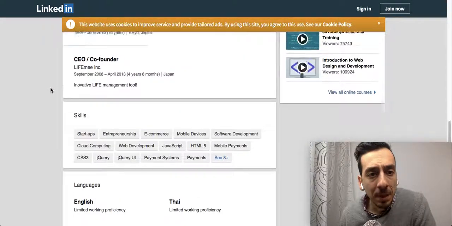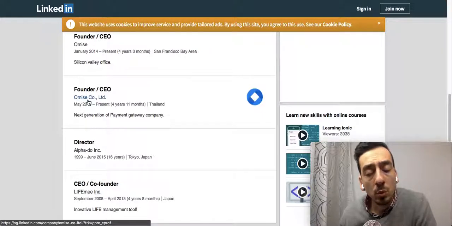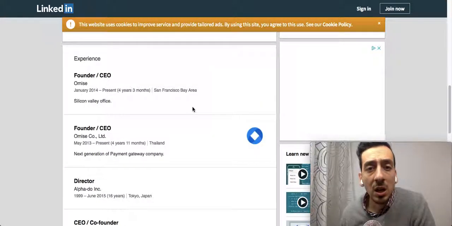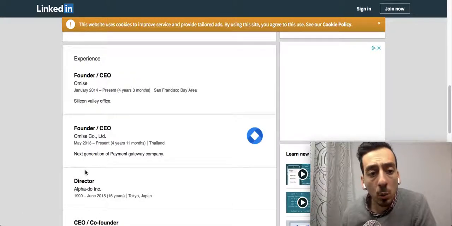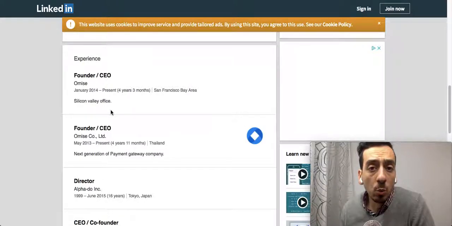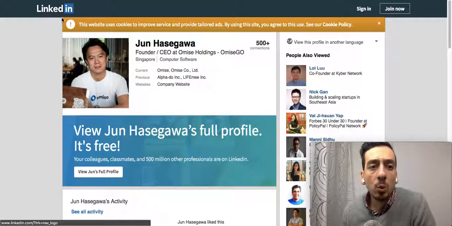So let's say in this case he was the founder of Omise. When we do research, we would look at what is Omise. We were looking at Omise Go. We want to understand what exactly is the difference and all of these things. What was his role here? What was his role here? All of these things. Then you would also look at certain things such as whether the founder was successful in the past. Has he or she worked on a blockchain project in the past? All of these things. So this is one quick way in the Western world